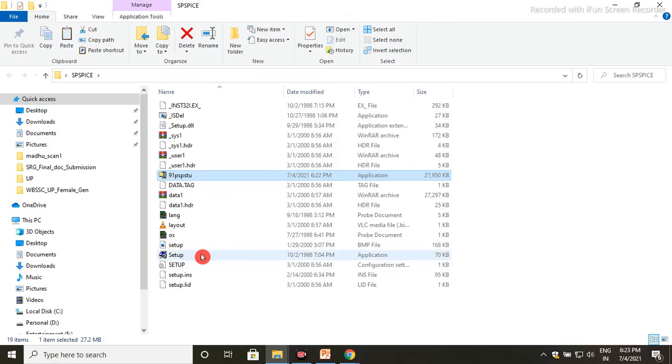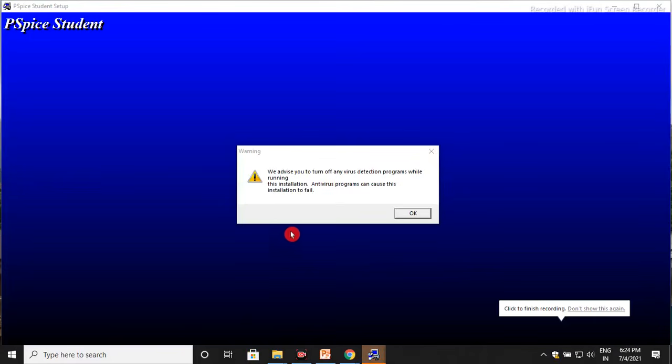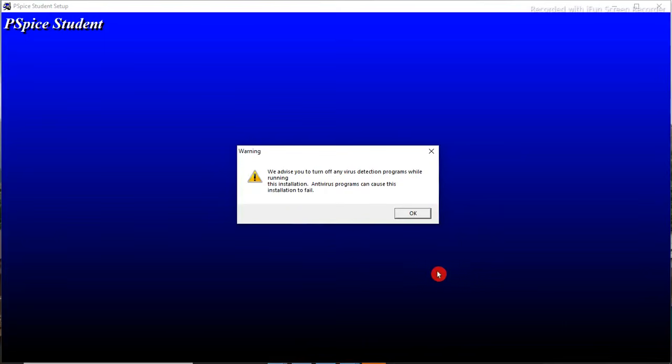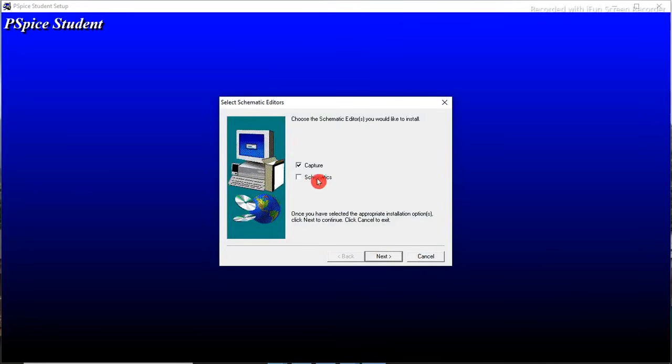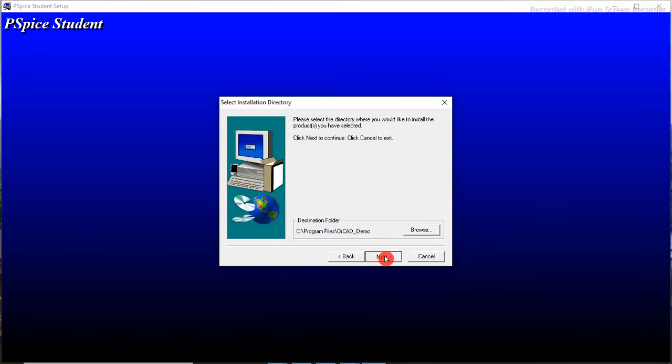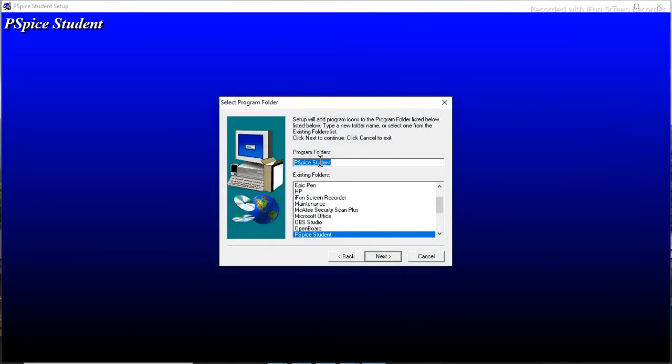First double click on the setup file, then give the permission. Yes. The page opens, and it asks for permission for the antivirus. First click on OK, then administrator permissions, yes, then select Capture and Schematic, then next, then next, and select PSpice Student.